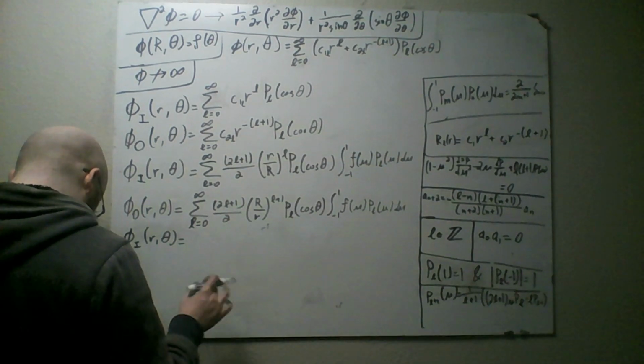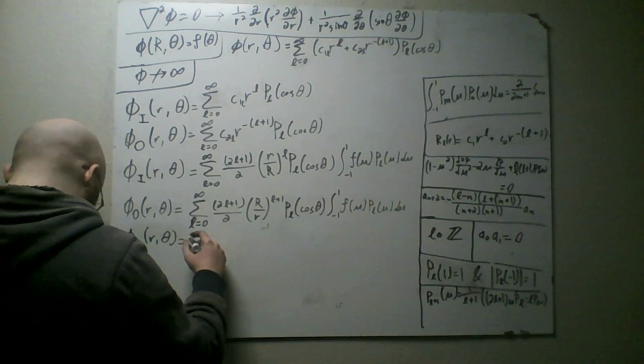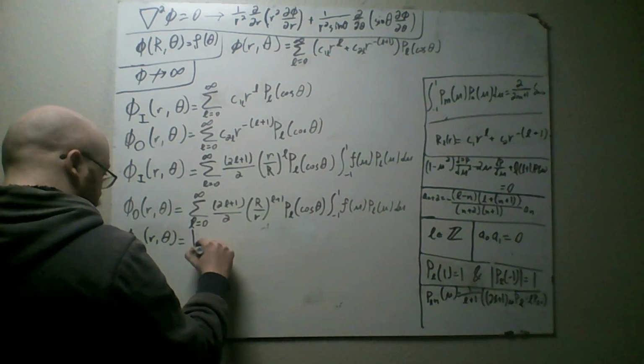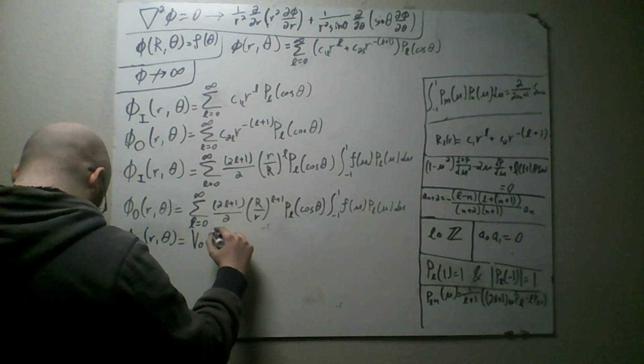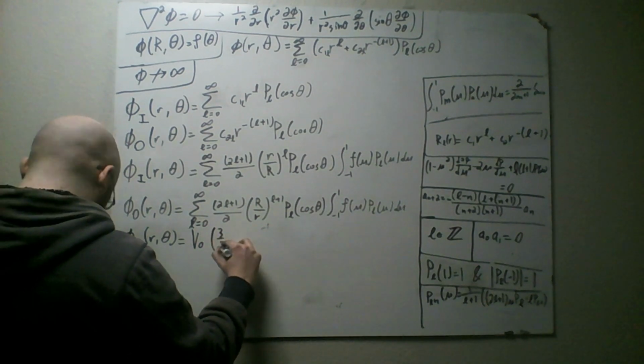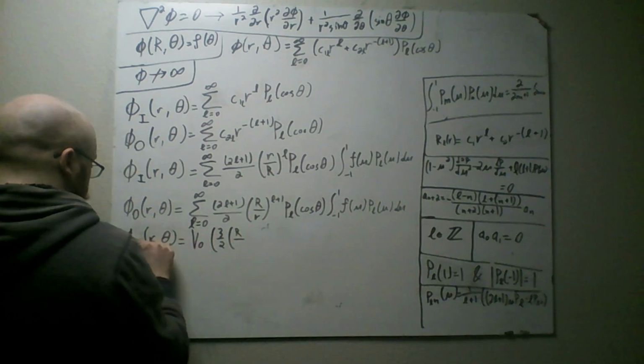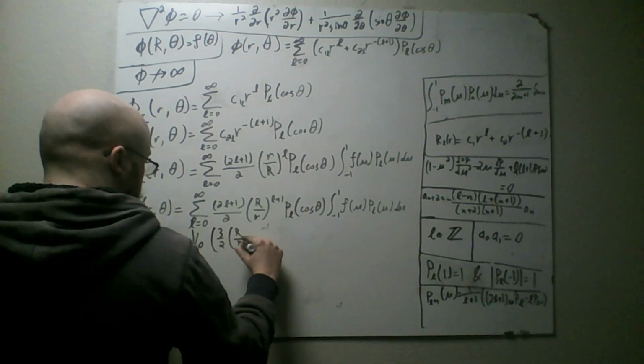Oh, the L equals 0 term shouldn't be anything. So here's an example. This would be v naught 3/2, and this is for outside. R over r